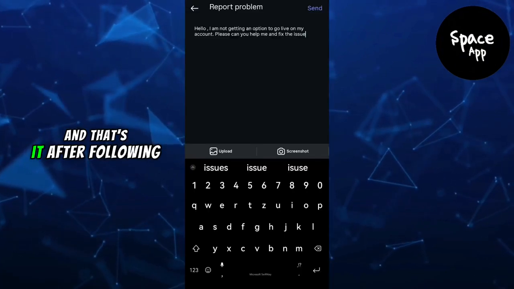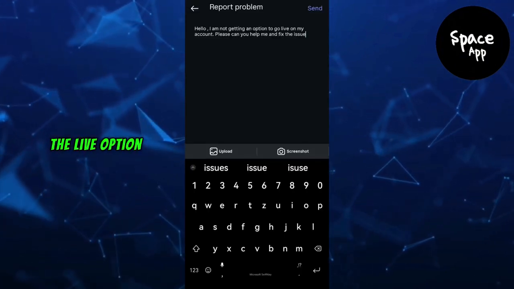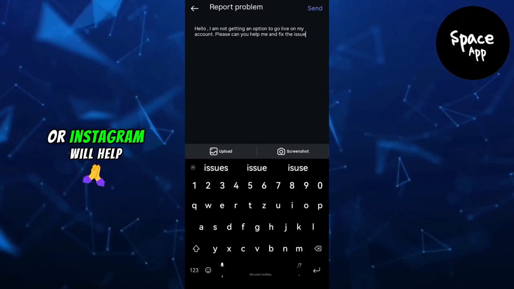And that's it. After following these steps, the Live option should be restored, or Instagram will help fix the issue